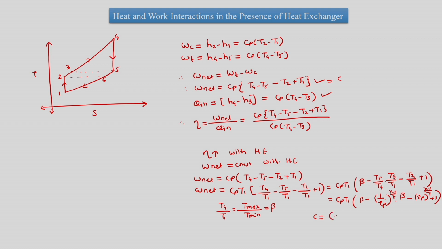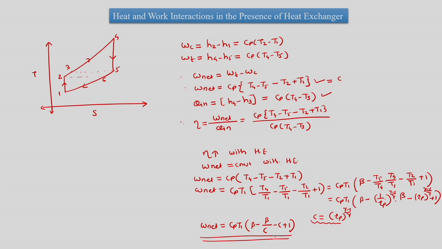Let us say C is equal to Rp raised to (gamma minus 1) upon gamma. So we can write down W net as Cp T1 into beta minus beta upon C minus C plus 1. So this would be the simplified formula for W net, and we can use this formula for analyzing the plot,